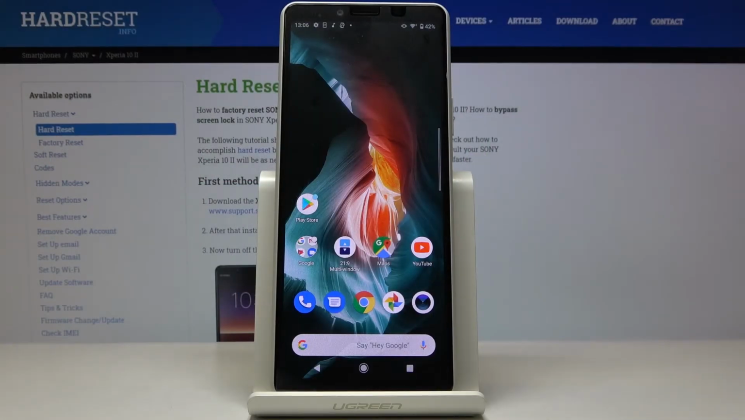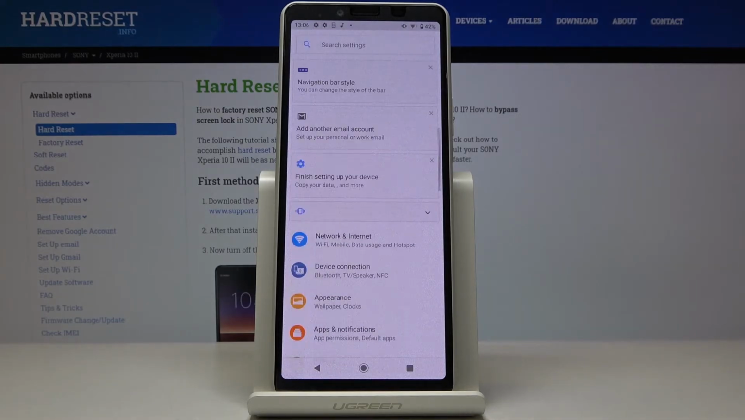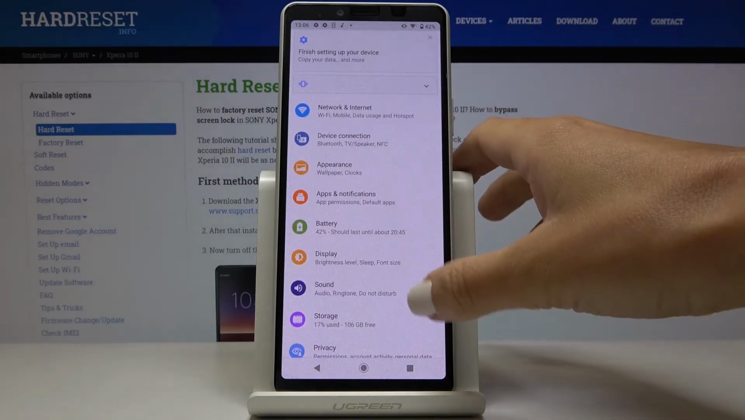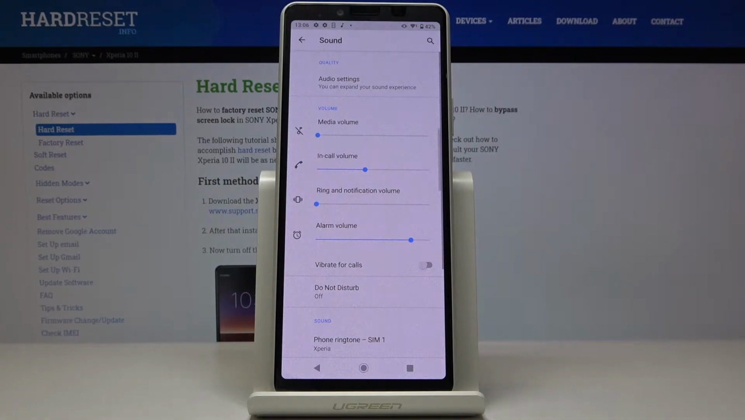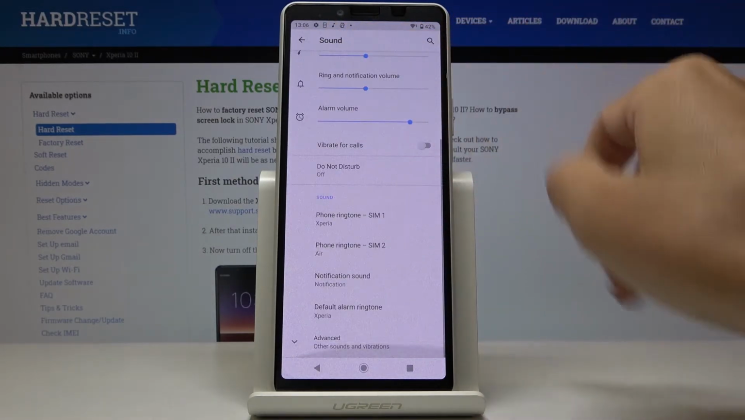Here we've got SONY Xperia 10 Mark II, and let me show you how to change ringtone on the following device. So at first you have to open the list of all apps, then find and select the settings. Now you have to locate and open sound, and let me just volume up ringtones, and then just select a